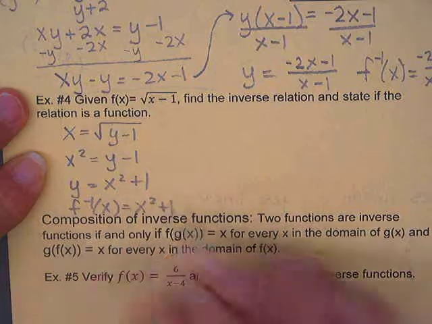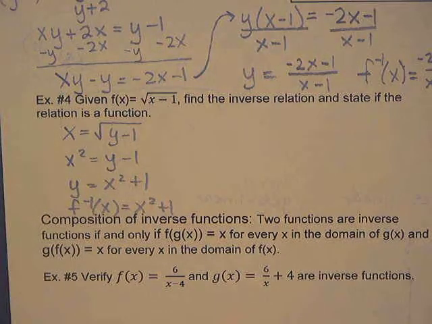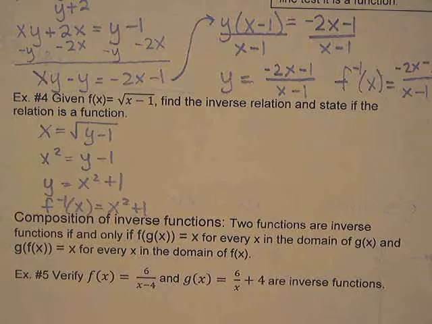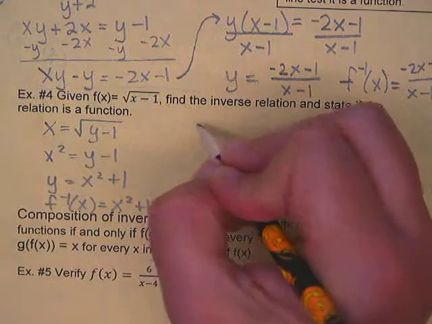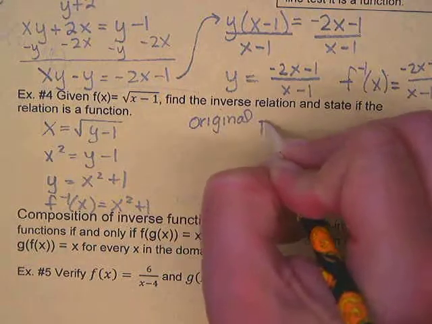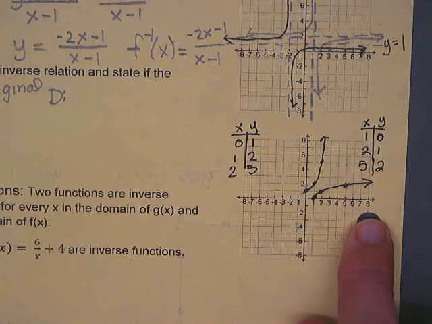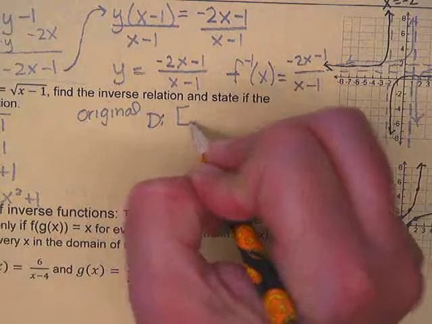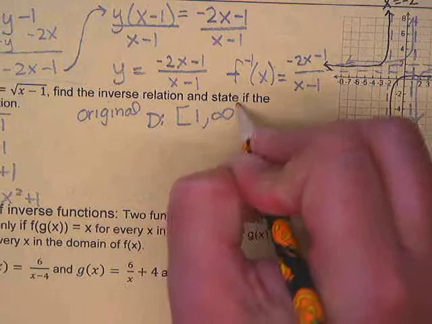But it's not the whole entire graph of x squared plus 1, so I need to think about my domain. And we know that we're switching our x and y values, so we also know that domain is x and range is y, and when I switch x and y, my domain and range will switch. So if I talk about the original domain, looking at the graph, I can see that this graph has all x values that are greater than or equal to 1, so I can have a domain from 1 to infinity. And the range